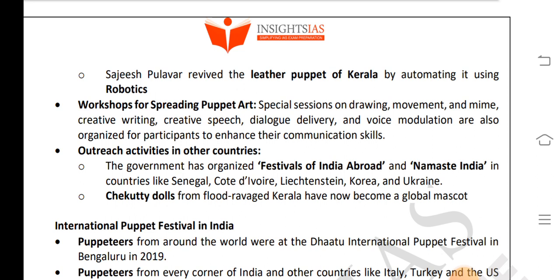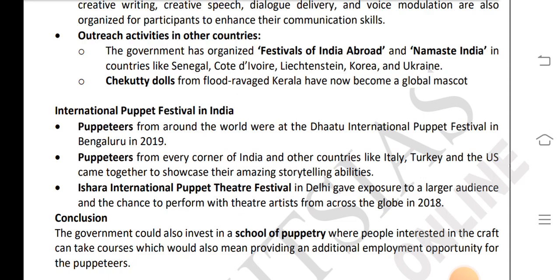Sajis Pulavars revived the leather puppets of Kerala by automating them using robotics. Workshops for spreading puppet arts, and special sessions on drawing, movement, creative writing, creative speeches, dialogue delivery and voice modulation are also organized for participants to enhance their